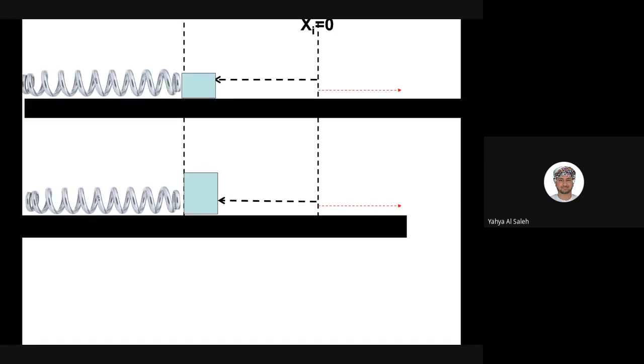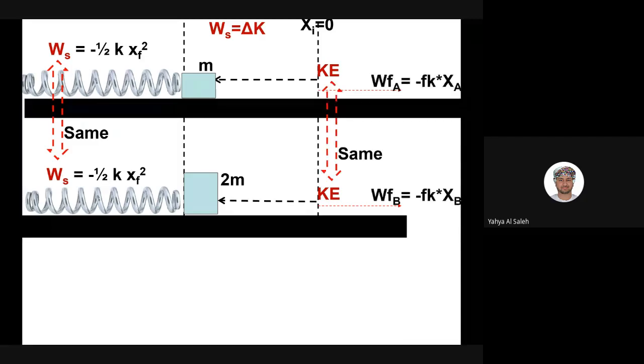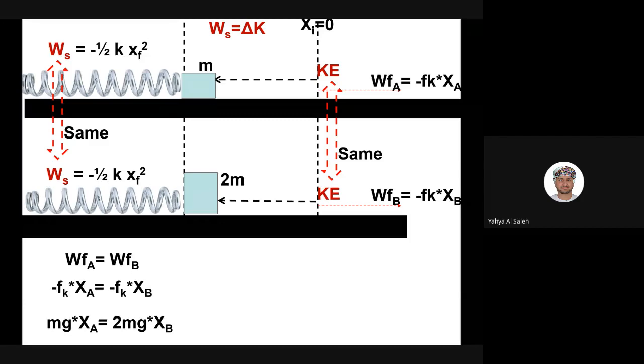Let's take a look. We have two blocks, A and B, mass m, mass 2m. They are both compressed with the same distance, so the work done by the spring is exactly the same. The work done by the spring only depends on how much it's stretched, not on the mass of the thing that springs it. But then that same amount of work is transferred to kinetic energy. One of them has double the mass of the other, right? Now, if the work done